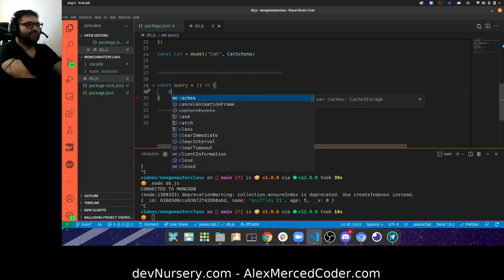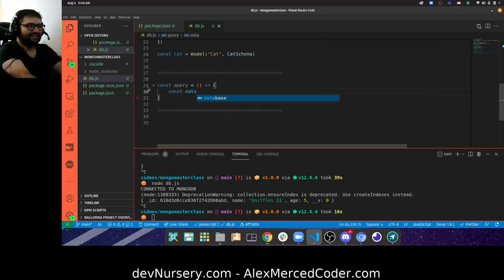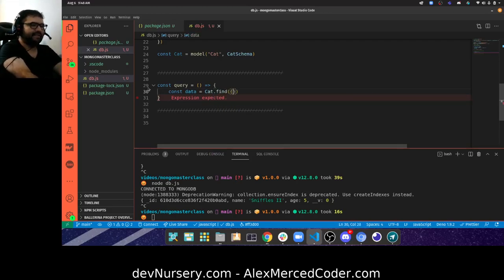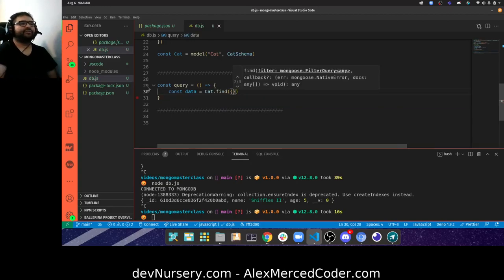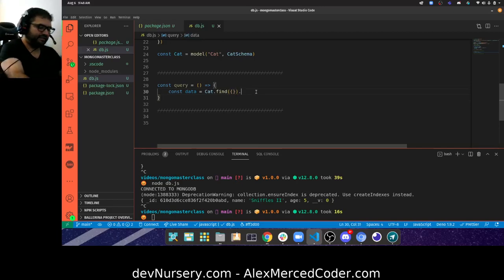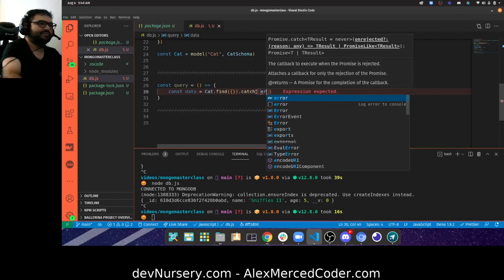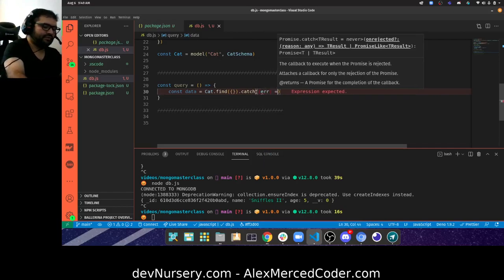What you can do is you can say const data, because again, it's the data from the request. Except now we're going to do cat.find and pass in an empty object. What that's going to do is it just means find all the cats. Find all the cats. And if there is an error, then run this function. So error, console log